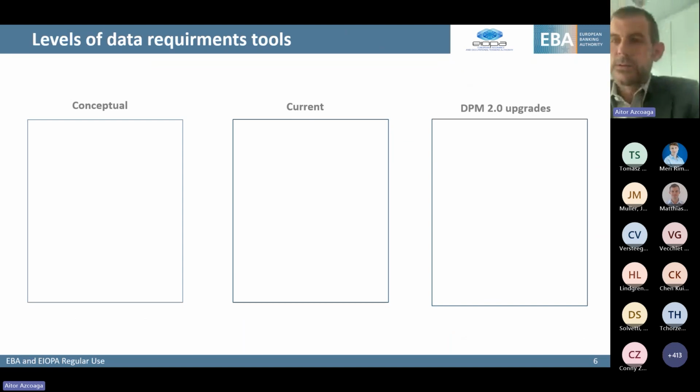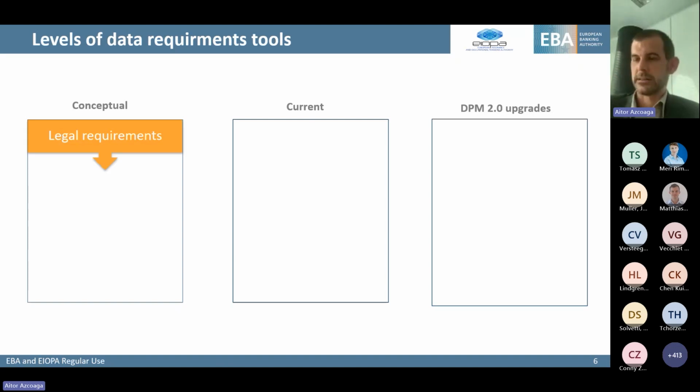Then I will try to explain a little bit what the use of the DPM is, the definition. I will also try to explain a little bit of the layers, what I consider the layers of regulatory reporting, in terms of how much they determine the obligations and how they sit one below the other. Normally, you expect that lower layers do not impact upper layers. I will tackle this quickly now. But first, we have the legal requirements.